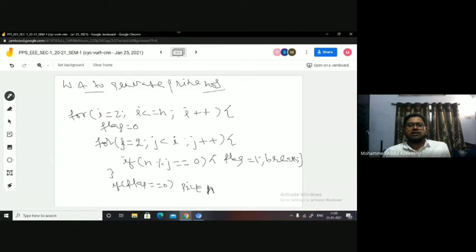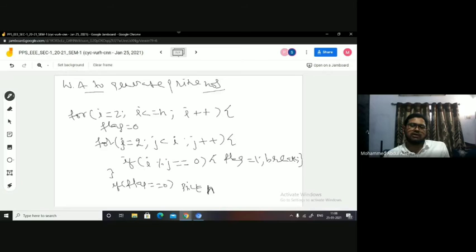Okay. So the numbers for which I want to test this logic, I am taking in I. So I is carrying 2 till n, and for all such I, this logic is going to be repeated. So my number is I, right? Instead of n, I should write I here: I mod j. I is going to be divided with all such j between 2 till I minus 1. And if you find 0 out of any division, then you change the flag value.